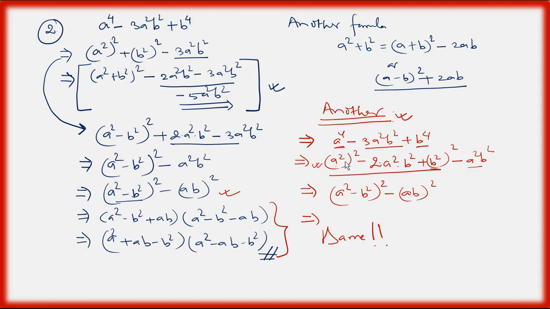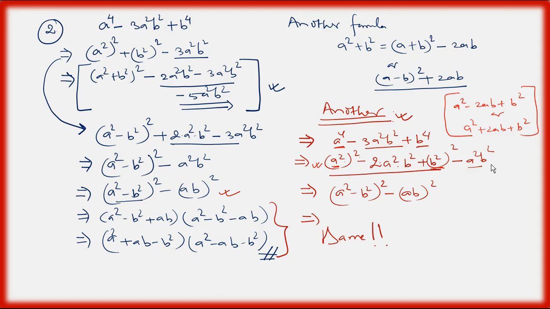Okay, firstly you have to think of this square number, that is (a square) whole square, and develop a square minus 2ab plus b square, or a square plus 2ab plus b square form. This is your pattern. You need to develop this part. So a square I have written, this is understood. b square is also known. And what is the pattern in the middle term? That is the 2ab term, minus 2ab term or plus 2ab term.